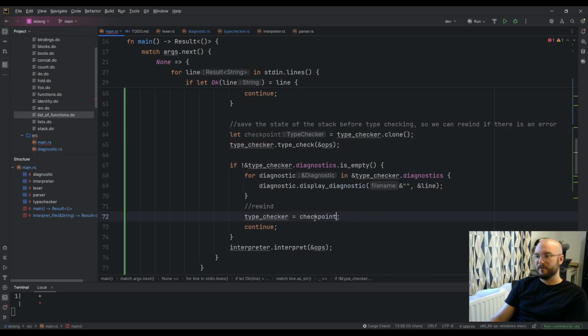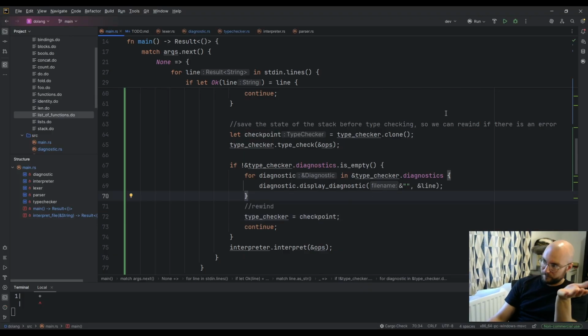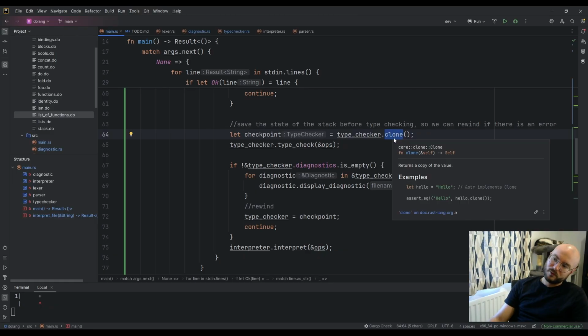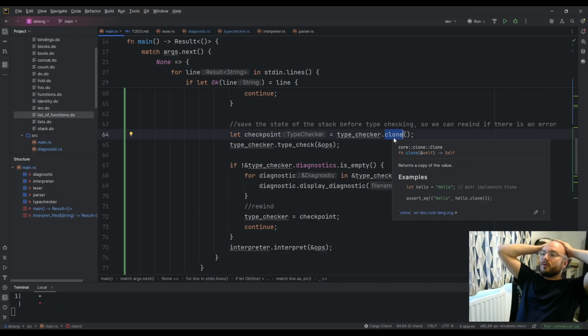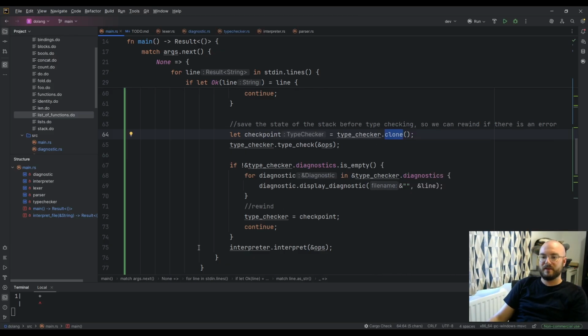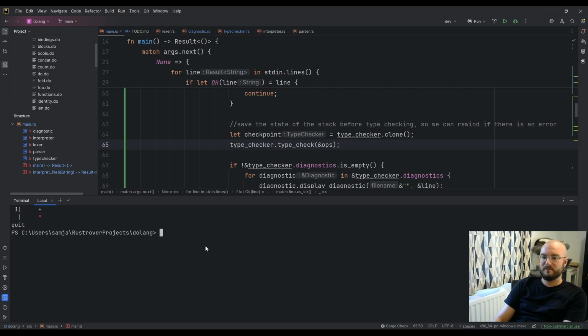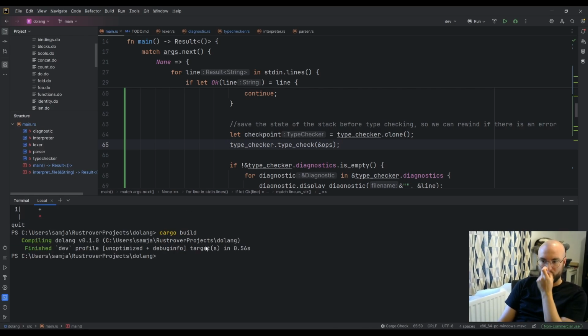And if we mess up, then the type checker becomes the checkpoint. Oh, actually, we probably don't want to clone. I can never remember what the difference between clone and copy is. This should be a separate reference, I think. But if it's not, that might explain why it's unhappy about this.